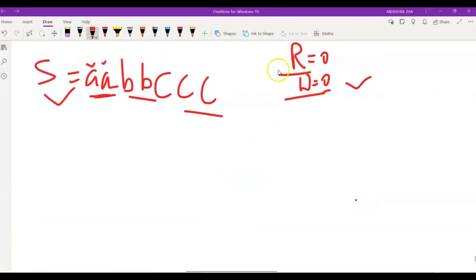So here our read pointer would start from index 0. We try to check whether the current character is equal to the string's read pointer's character, which is A. Since they are both equal, the count value becomes 1. We'll move our read pointer to the next index. We'll again check whether the characters are the same or not. Since both are the same, we'll increment our count value from 1 to 2, and we'll move our read pointer